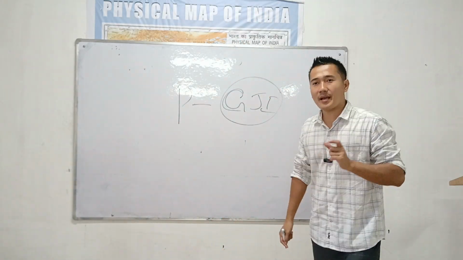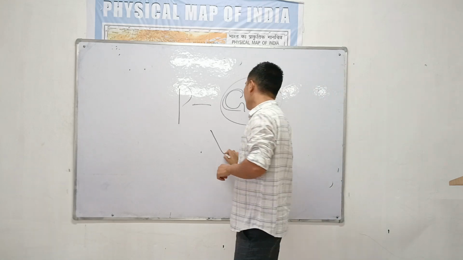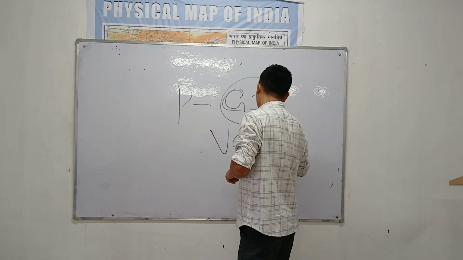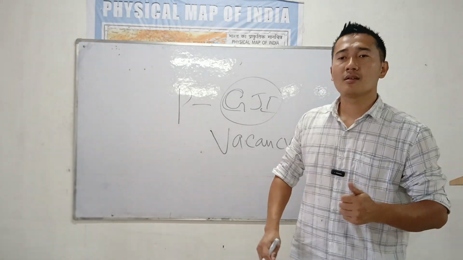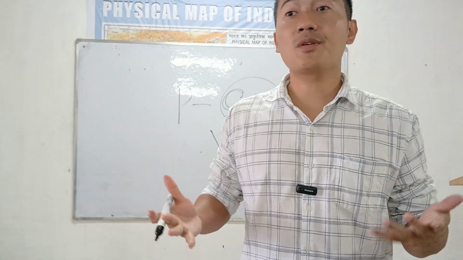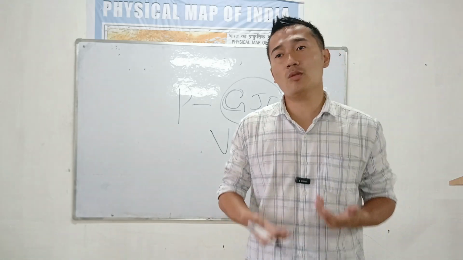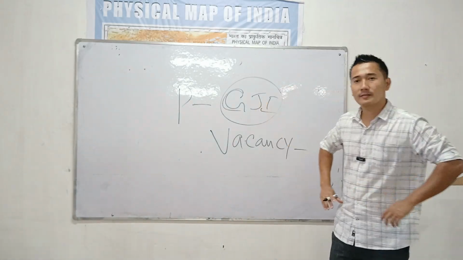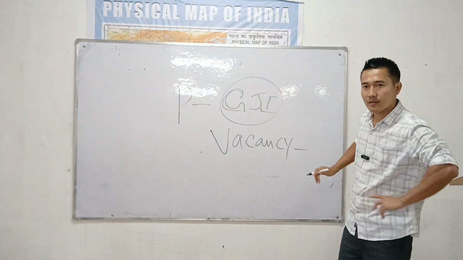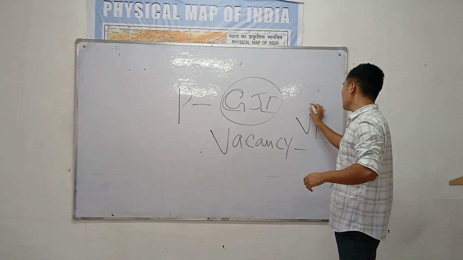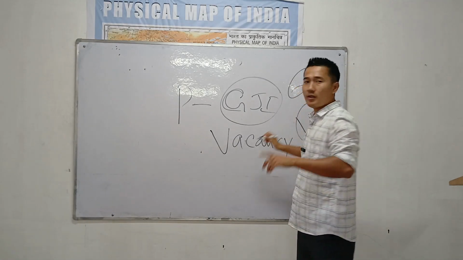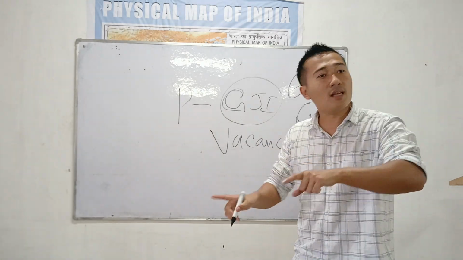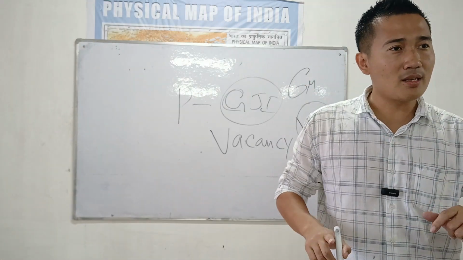And remember, what will happen if the president dies, or if there is a vacancy? Okay, there is a vacancy in the president's office. The president dies, resigns, is impeached, or is incapable. Who will perform? Who will become the president now? The vice president. Only for 6 months. The vice president can become the president only for 6 months.